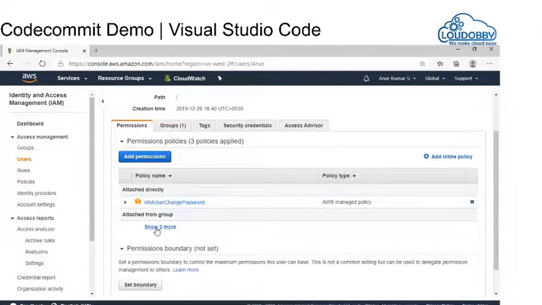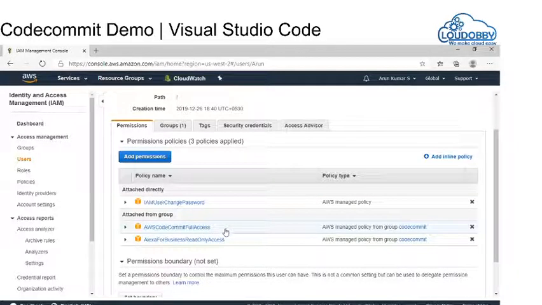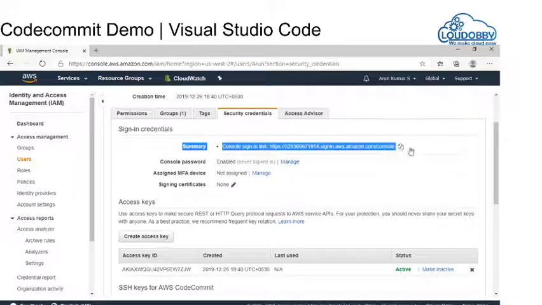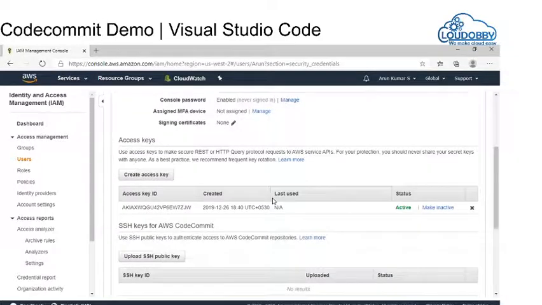The user has CodeCommit full access, and he has access for Alexa. Now this is very important. You see something called security credentials, right? You have to click on the security credentials, where you sign in to AWS using your CLIs. All this comes under the security credentials.